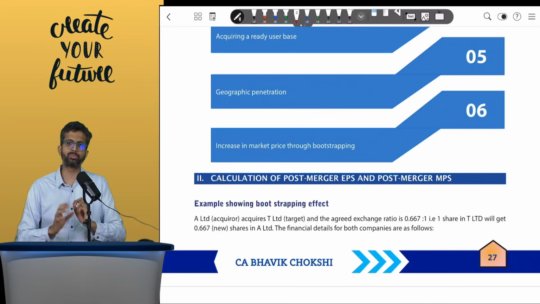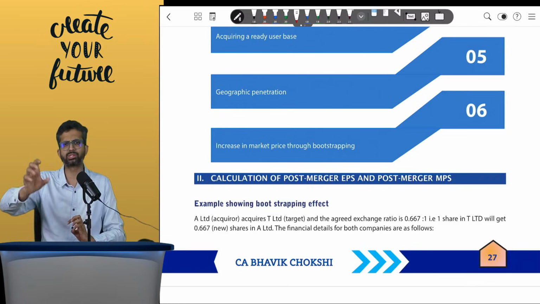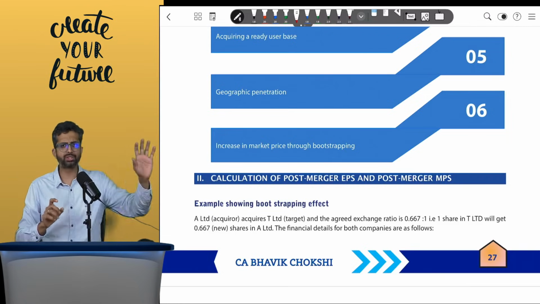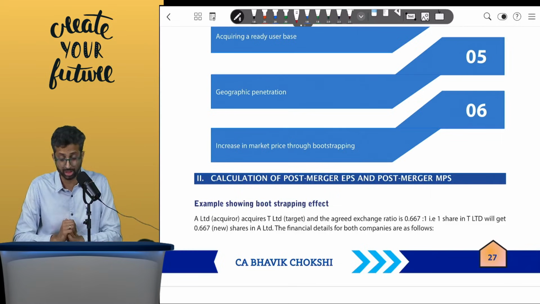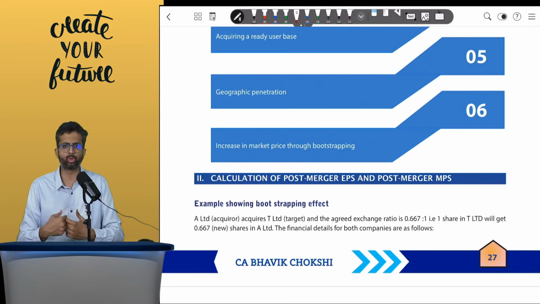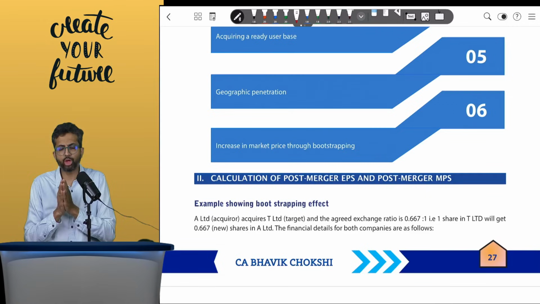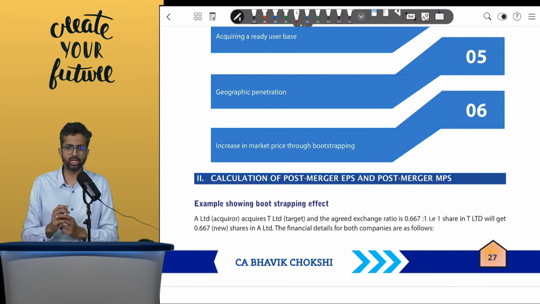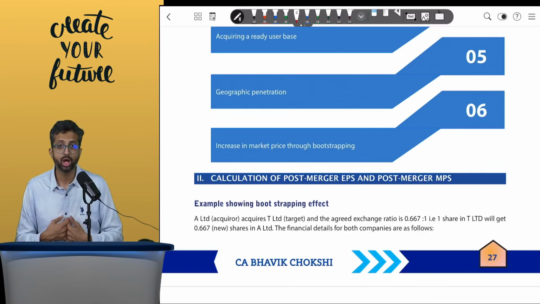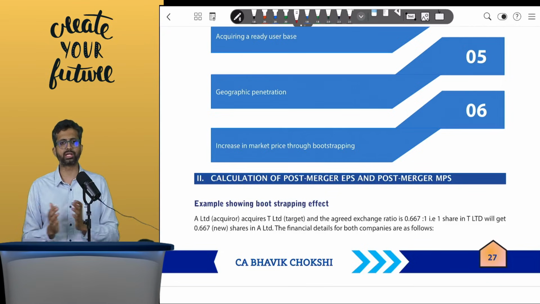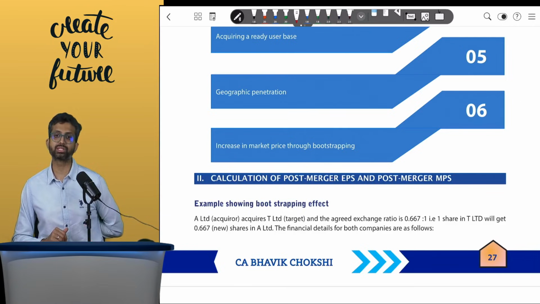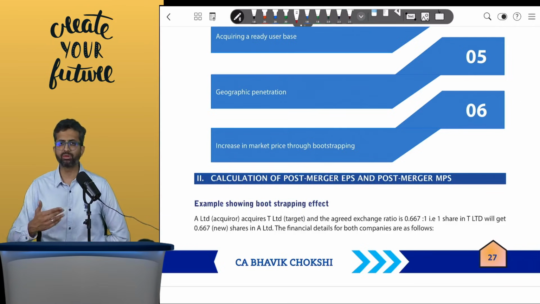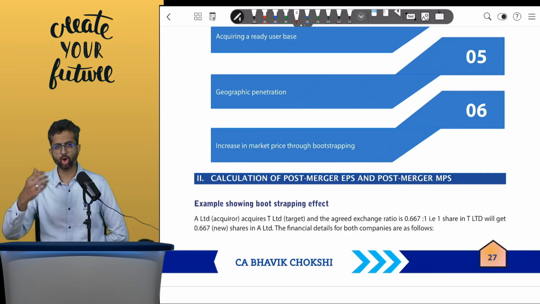So the post-merger EPS is calculated as post-merger PAT, which is taken as a total of the pre-merger PAT of the acquirer plus the pre-merger PAT of the target plus synergy, if any, divided by the post-merger number of shares, adjusted by the exchange ratio wherever required. So your post-merger EPS can be calculated, and then to the post-merger EPS you can multiply the post-merger PE ratio. In case data regarding growth rates etc. is not given, then we will have to find the post-merger PE ratio, which can either be the same as that of the acquirer, or you can even adjust it to the weighted average PE, and accordingly you can find